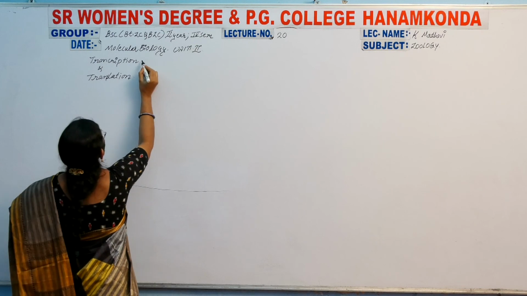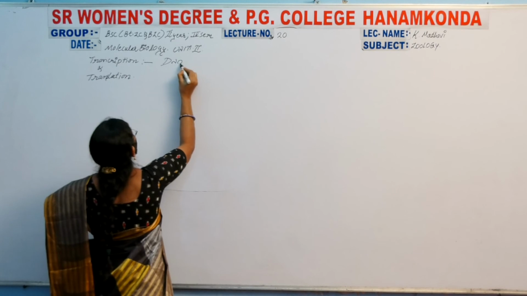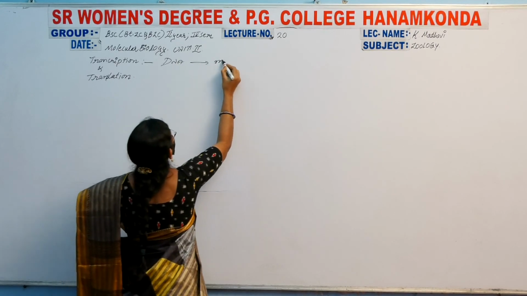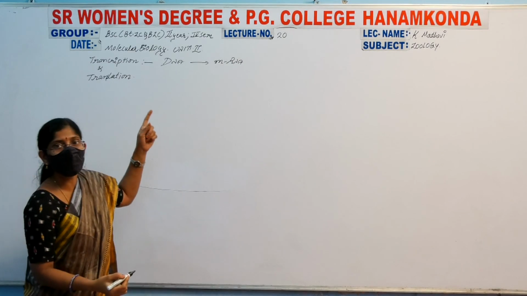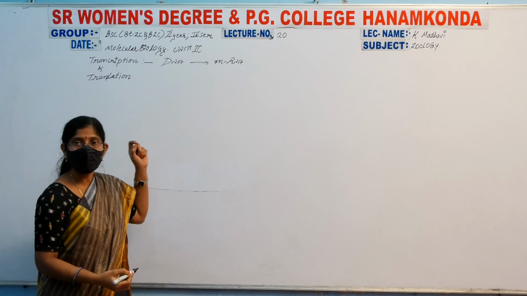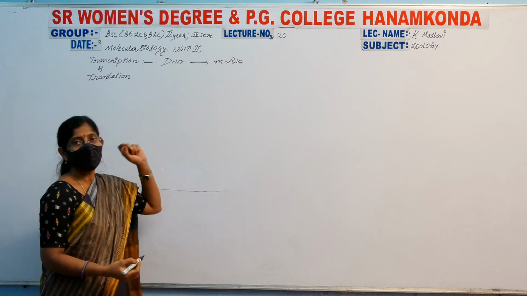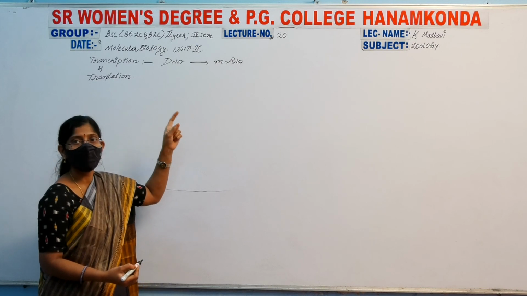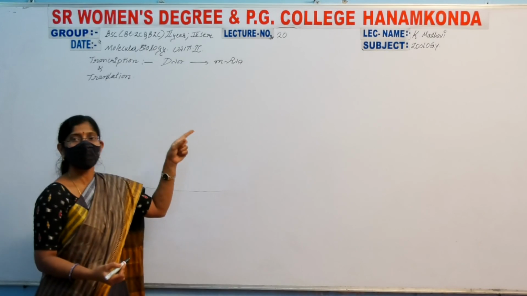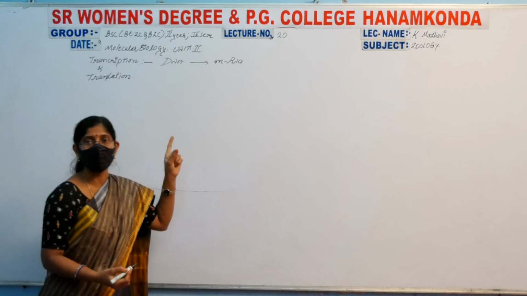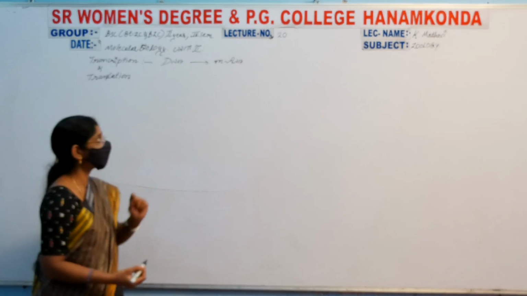In the last class we discussed transcription. Transcription means the synthesis of mRNA from DNA. The genetic material DNA consists of the information, and this information is coded to formulate the mRNA. This transcription occurs in the cytoplasm in prokaryotes, whereas in eukaryotes, it occurs in the nucleus.